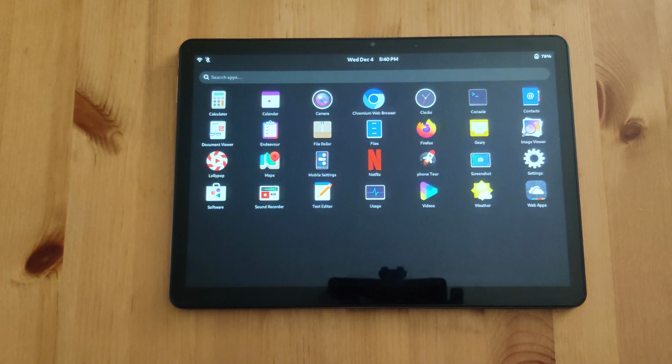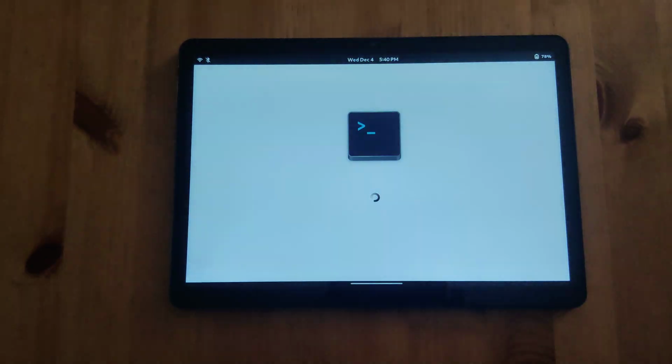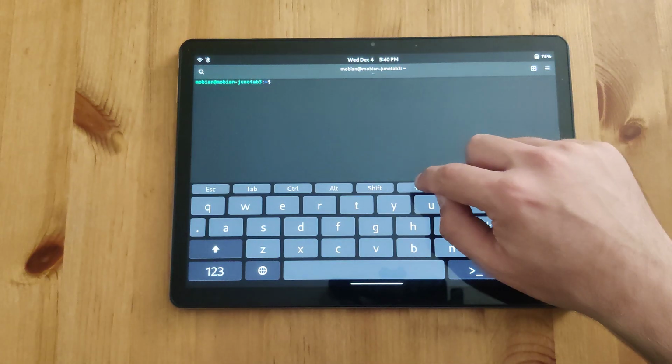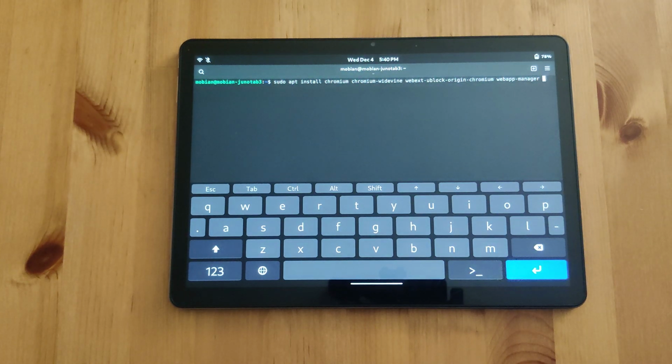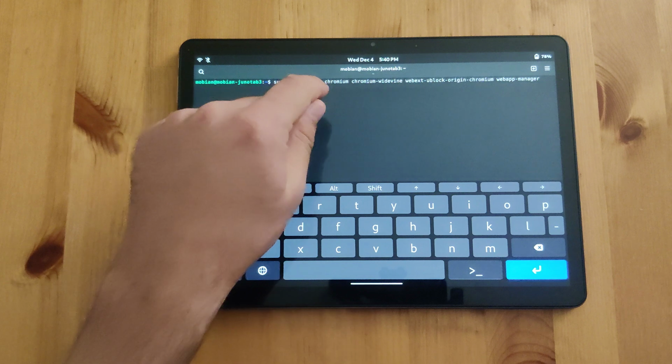Hello everyone. Today I want to show you how to make web apps on the Juno tablet. We have a few packages that we have compiled ourselves so this can work. In this example, we're going to need Chromium